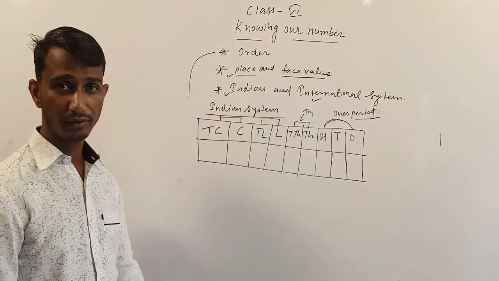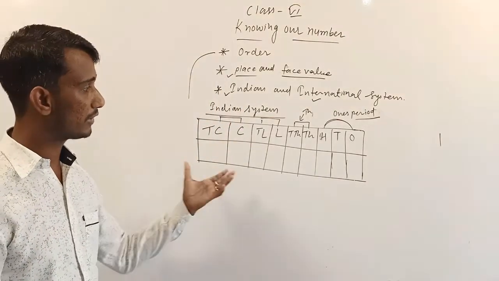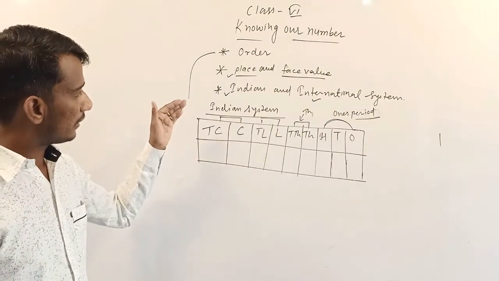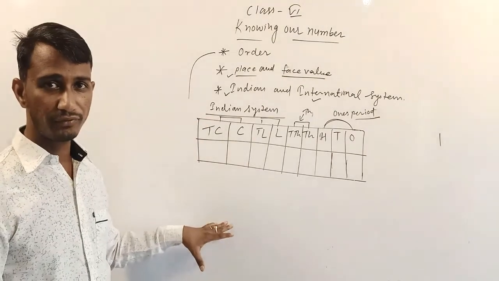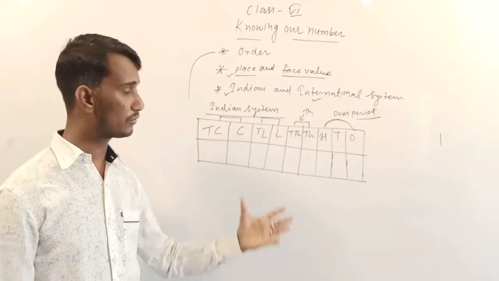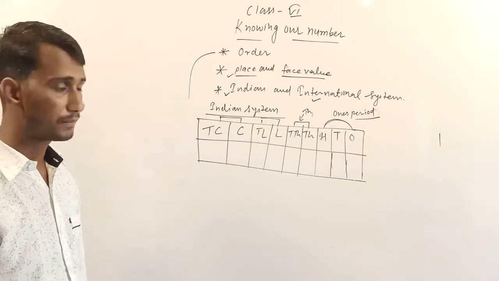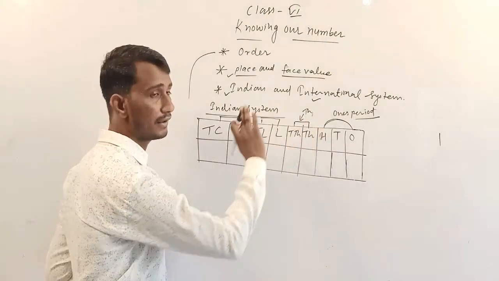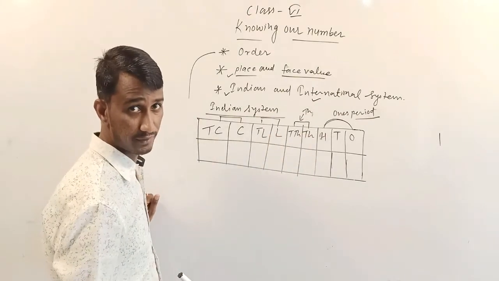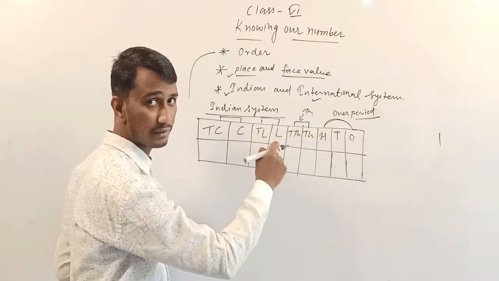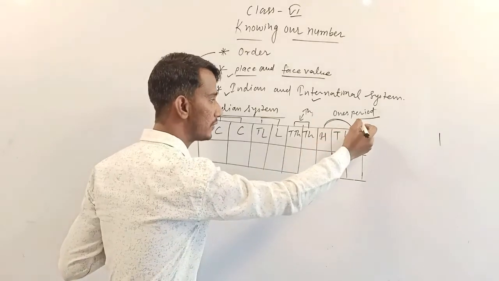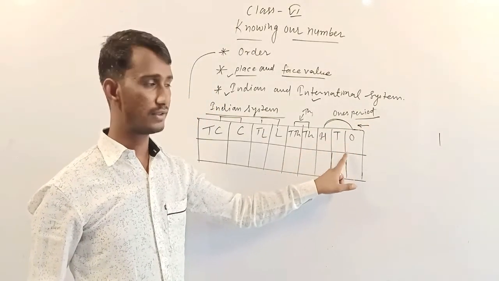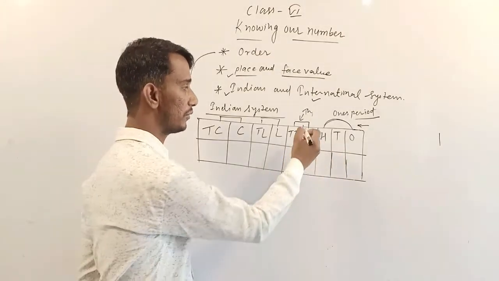Now, how can we use this? Dear students, along with this place value chart, we also need to understand the concept of the comma. How to use the comma? Same process: after the hundred, from the right side, you put the comma. Means after 3 digits, ones, tens and hundred, you put a comma.